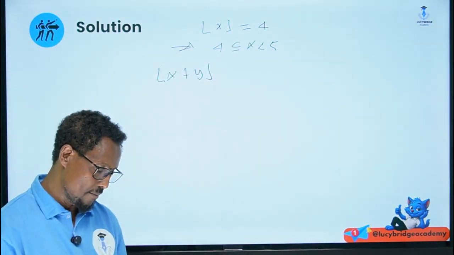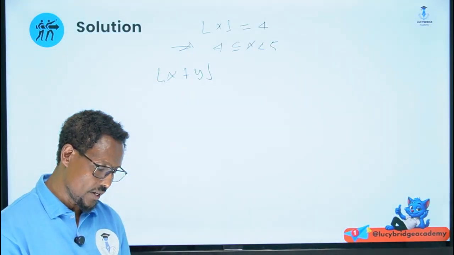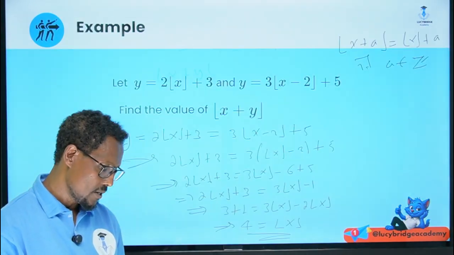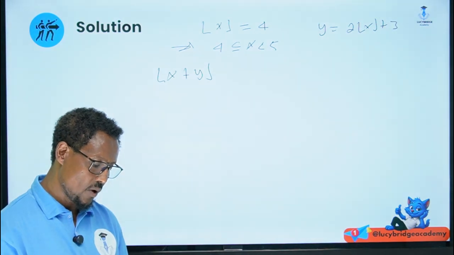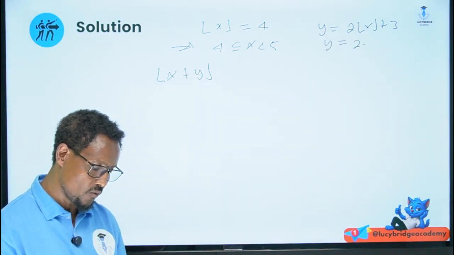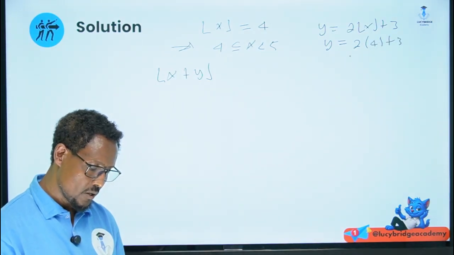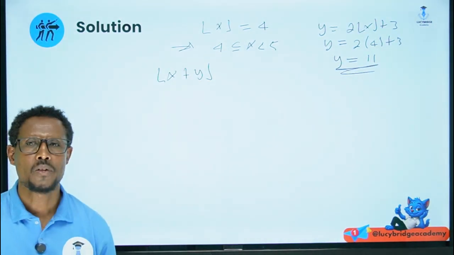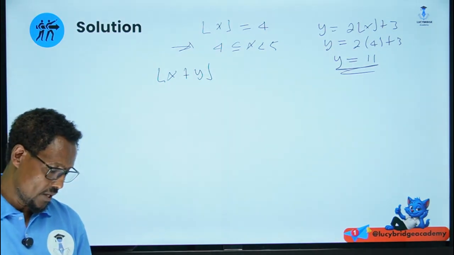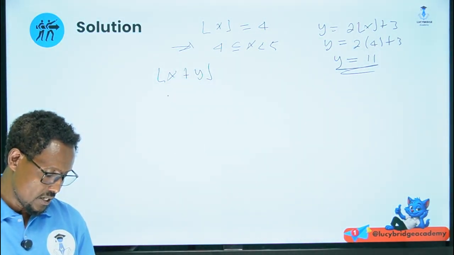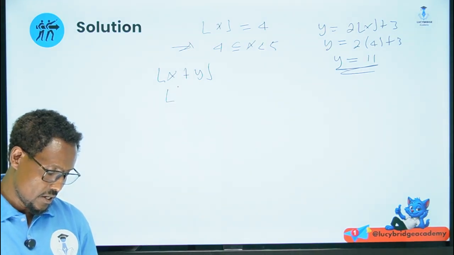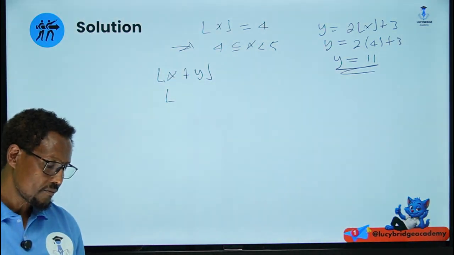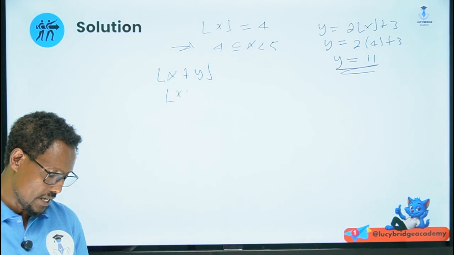In the question earlier, y is equal to 2 times floor of x plus 3. Yes, plus 3, so here we can find y. y is equal to 2 times floor of x, which is 4, plus 3. 8 plus 3 is 11. So y is equal to 11. Now floor of x plus y means, I know that x is between 4 and 5 and y is 11. Floor of x plus y is